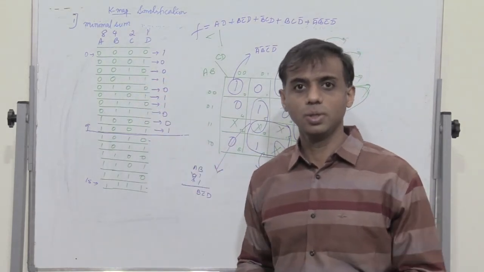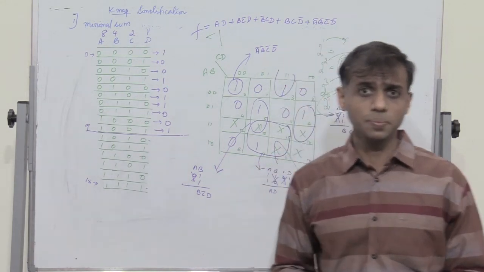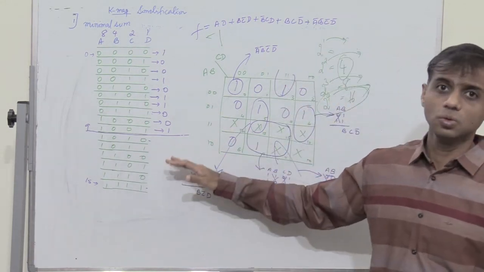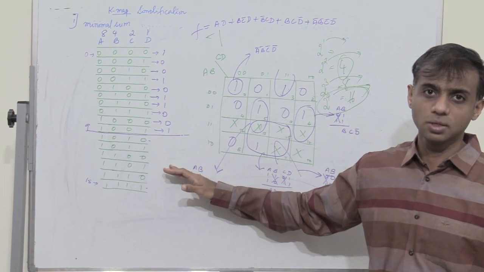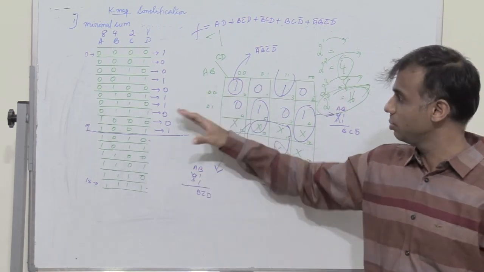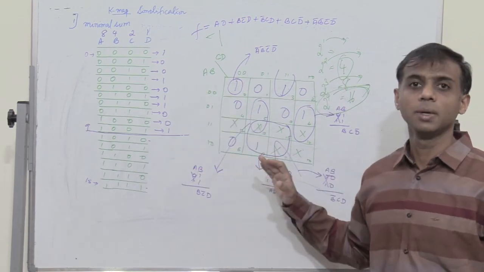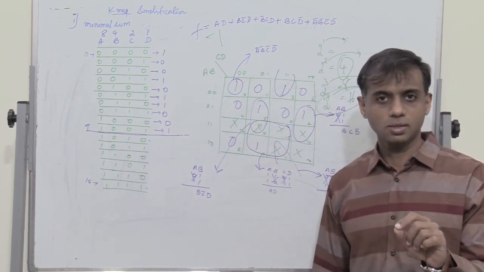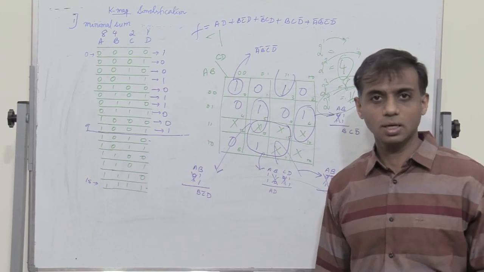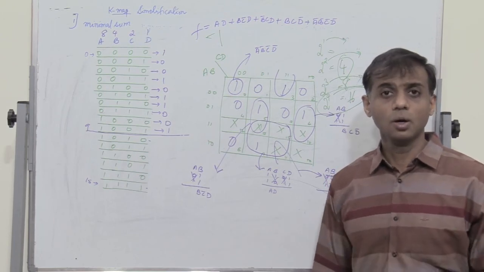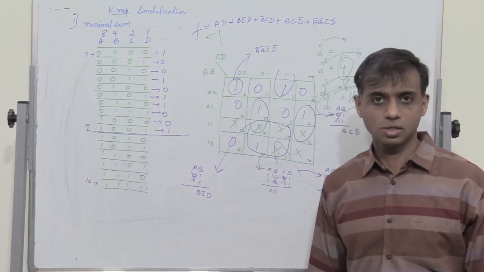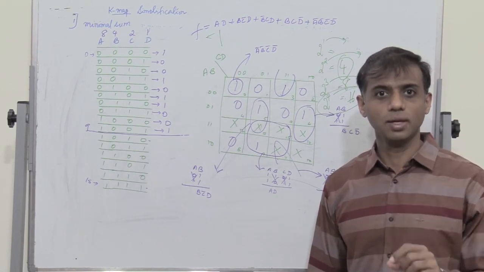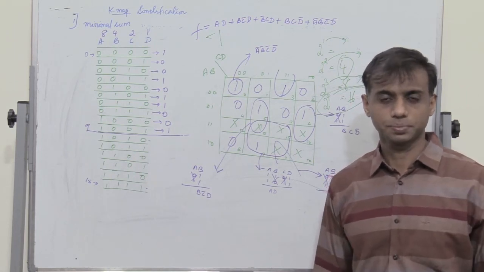So I hope you found the video informative and interesting. So you have to go through and solve more and more problems to get a hang as to how you can simplify using a 4 variable K-map. So make sure that you list your doubts, your queries, and either send me a mail if you have any doubts or difficulty in solving them, or you can write in the comment section and I shall try to solve them or help them out.